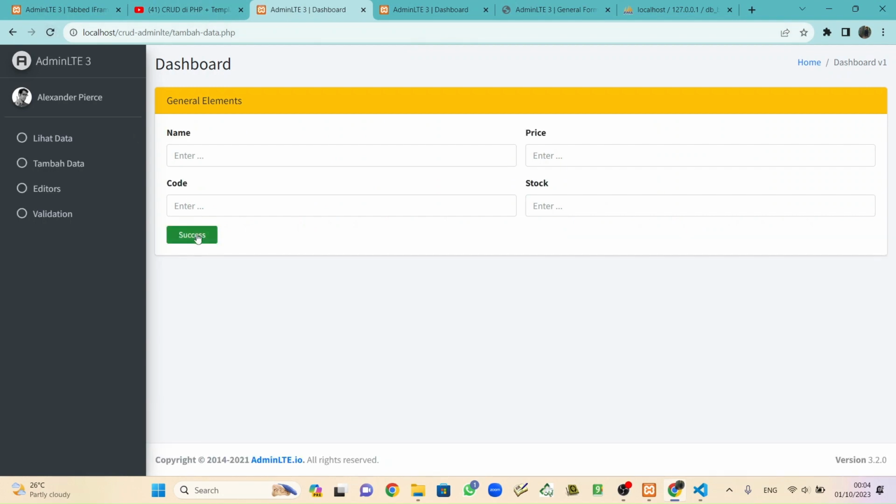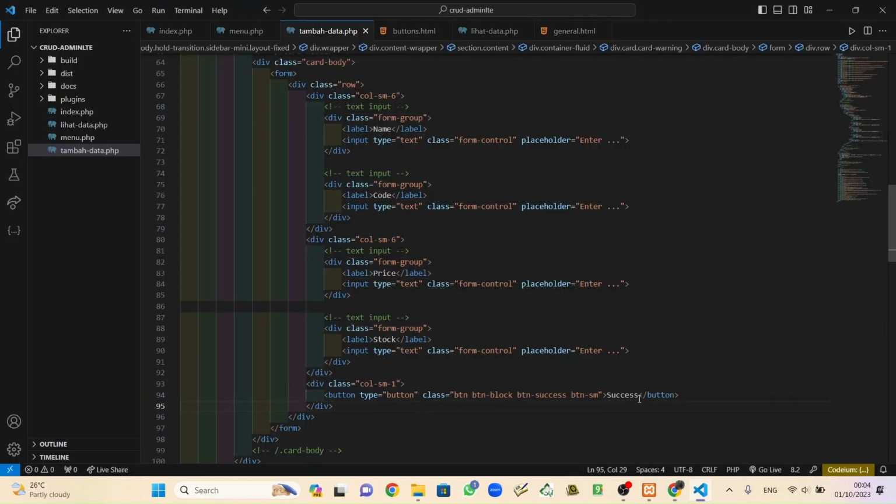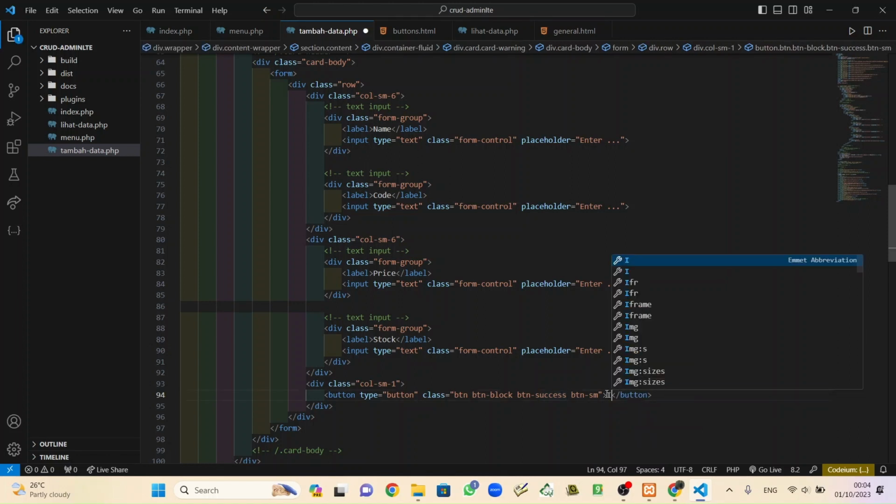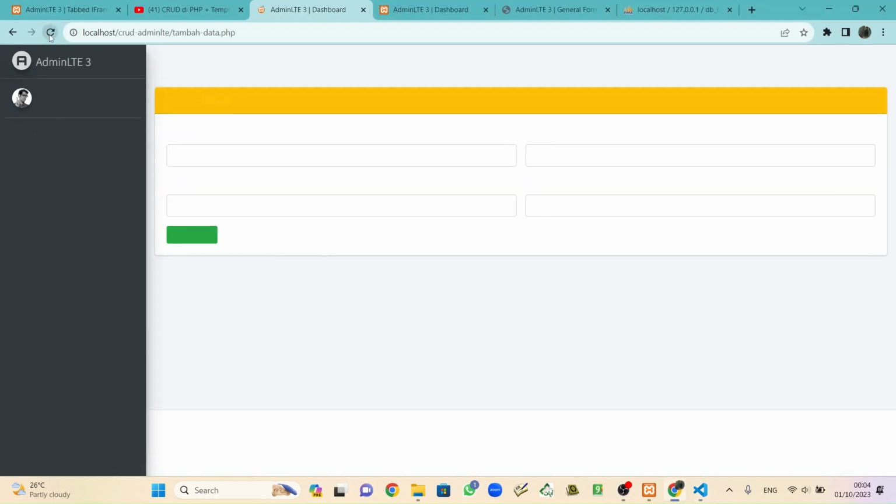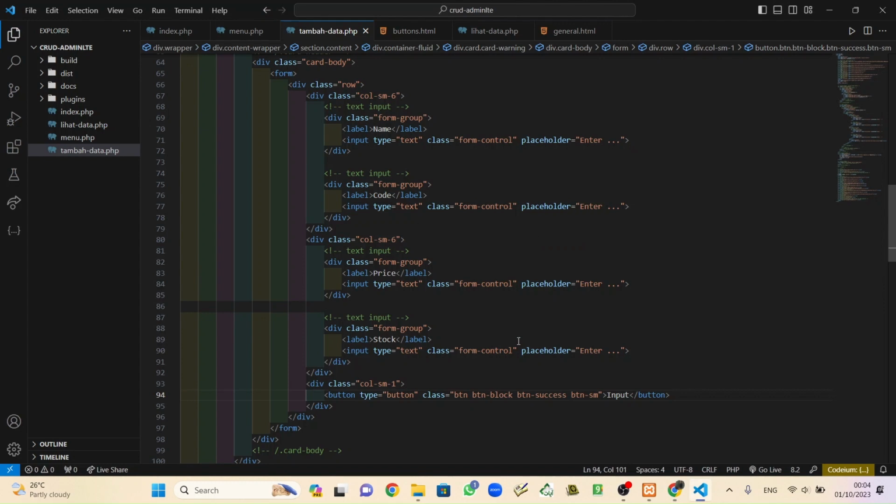Okay, there's a button here, but not success. Maybe input or submit. Submit or input. Input. Okay. Type button.